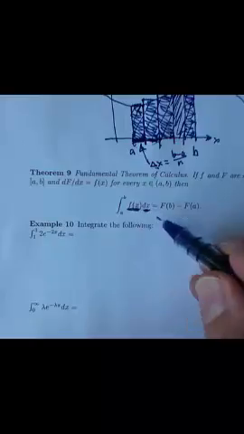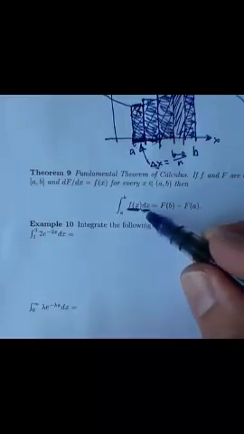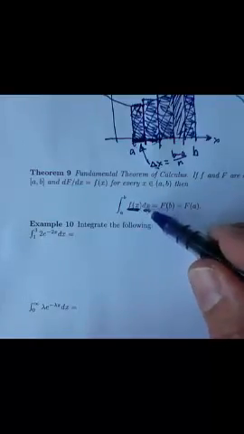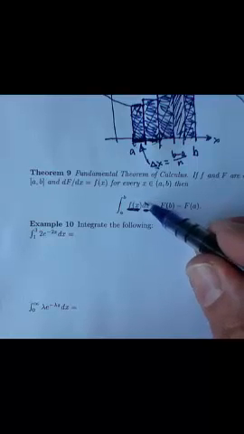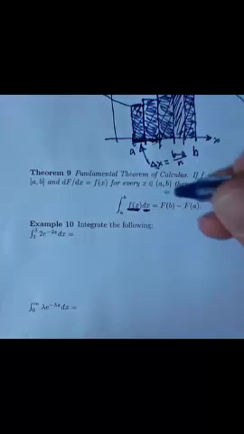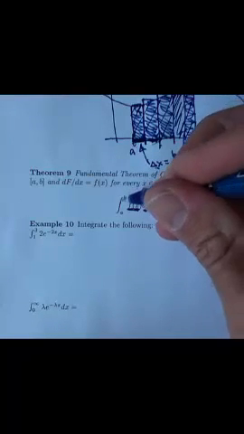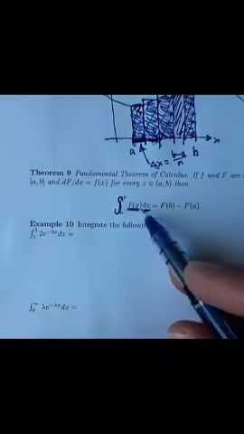Okay, so height times width gives you the area of a rectangle, right? So if this dx is really, really small, then you've got a really, really small rectangle. And this integral sign looks sort of like an S, right? S for sum. So it sort of says sum up all of these